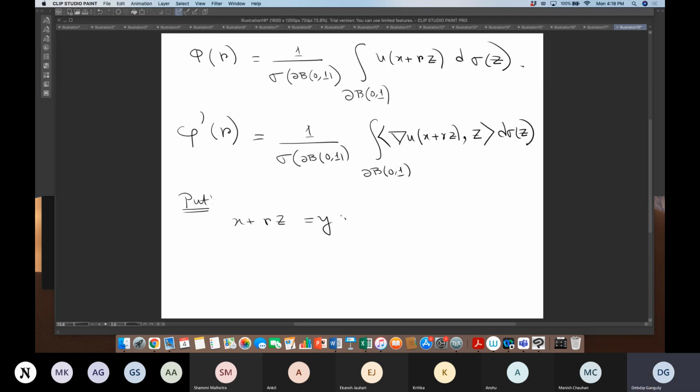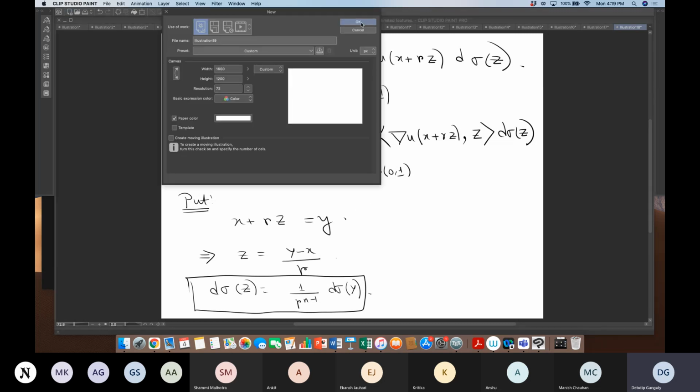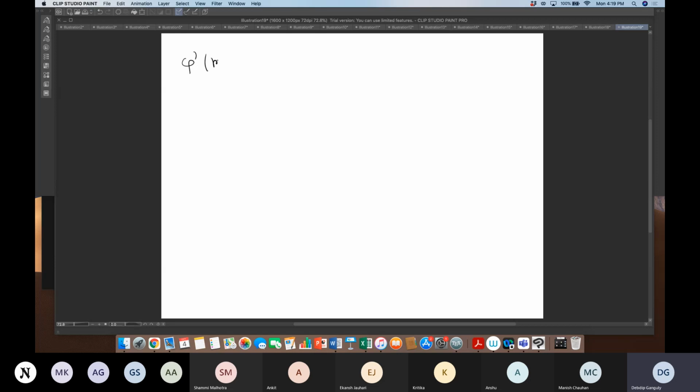It's a very interesting and very important theorem. Substitute y; then your z is (y minus x) by r. So d sigma z is 1 by r to the power n minus 1 d sigma y, because x is fixed. If I do this substitution, this will be phi prime of r, this will be 1 by